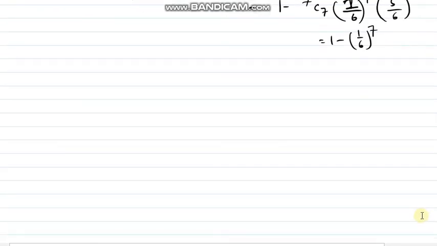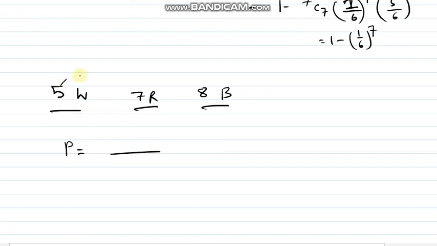So one more example I will discuss. A bag contains 5 white, 7 red and 8 black balls. 4 balls are drawn one by one with replacement. This is the key word we are going to use here. So we are going to use the binomial distribution, with replacement. What is the probability that all are white? First we are taking the probability of a white ball. We have 20 balls here, so 5C1 divided by 20C1, that is 1 by 4. First we are finding the probability of one white ball.